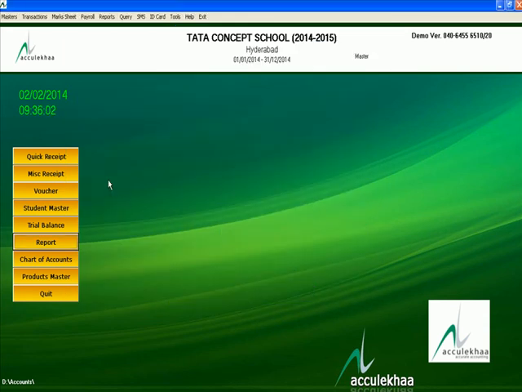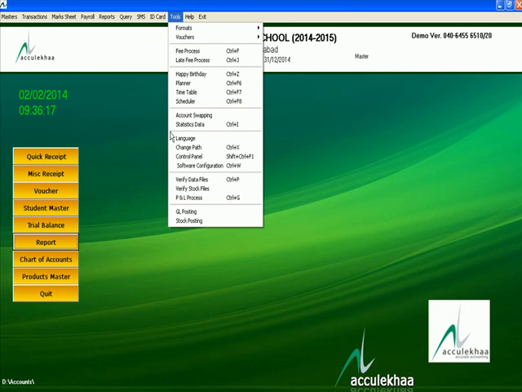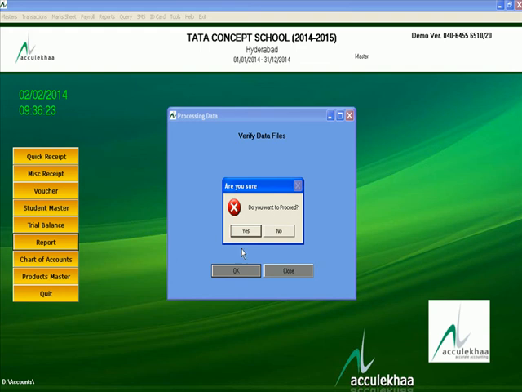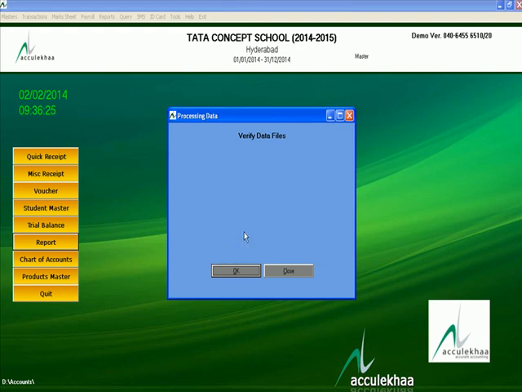And suppose you want to generate your balance sheet, profit and loss, cash flow statement, you have to go to tools. You can use this verify data file, which means it will update all your balances.